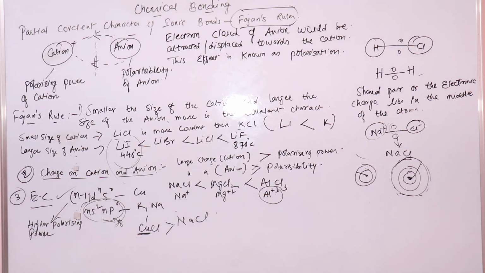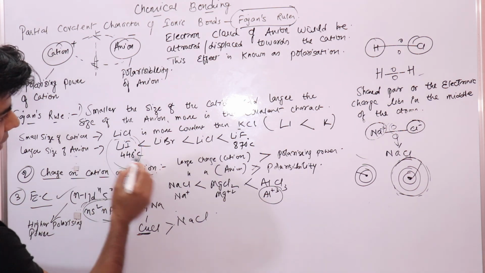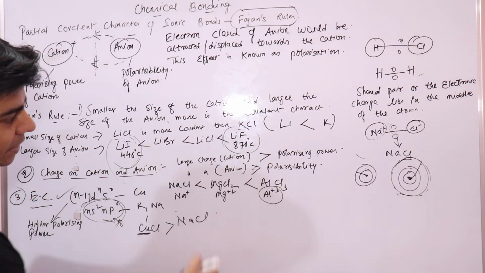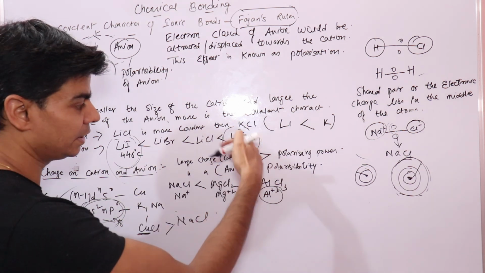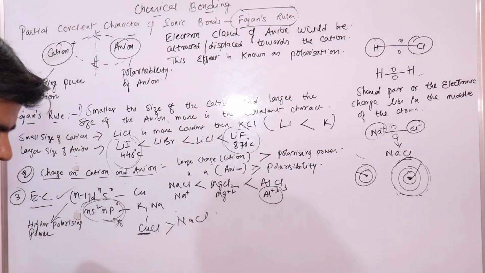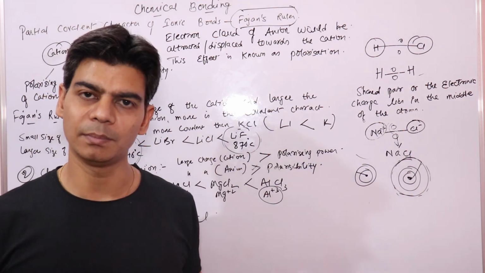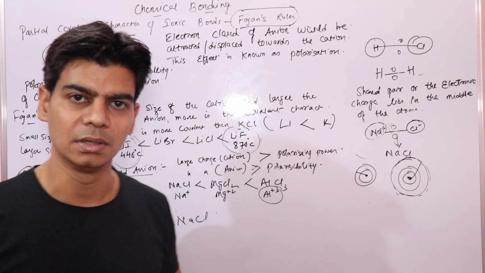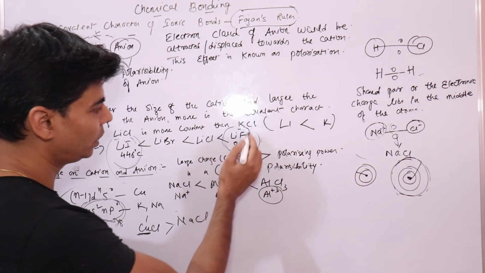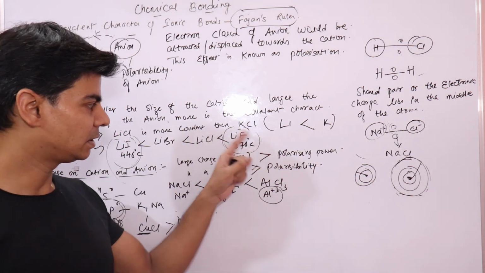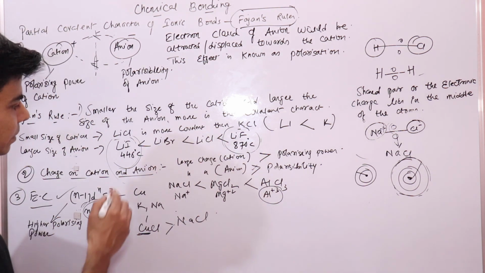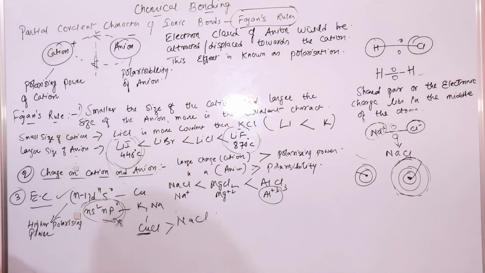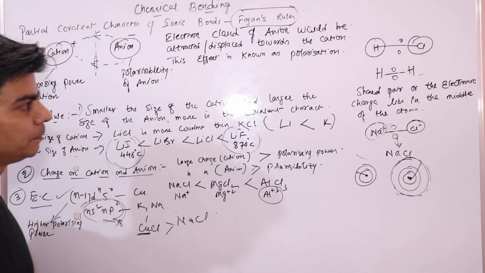That is why the melting points of these lithium halides are in this order. This one has the maximum melting point. That means this has higher covalent character. We know that covalent compounds have higher melting points because of high force of attraction. So as the ionic character decreases due to covalent character, its melting point will also keep decreasing, like here. I hope all this is clear. Thanks.